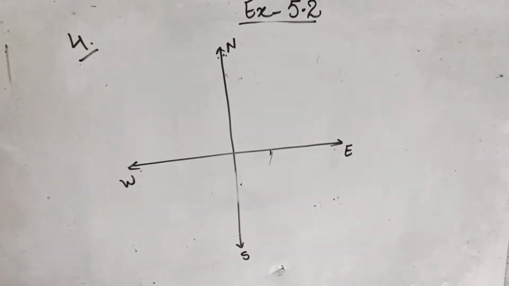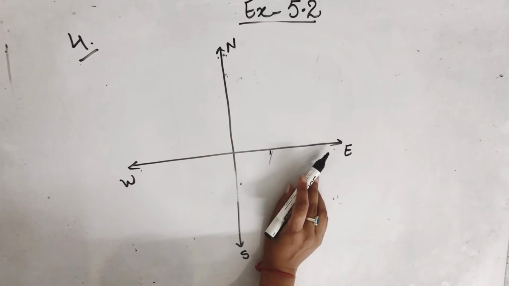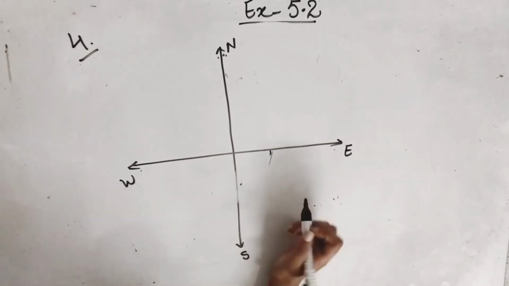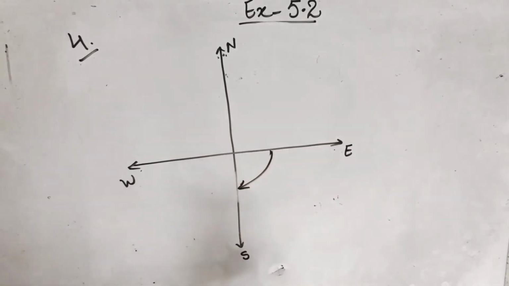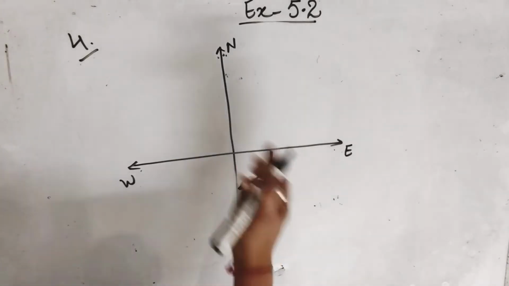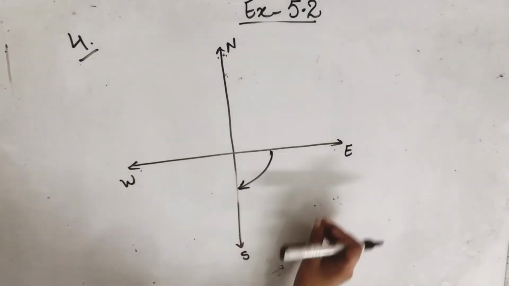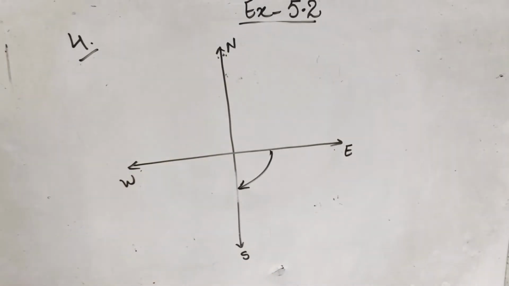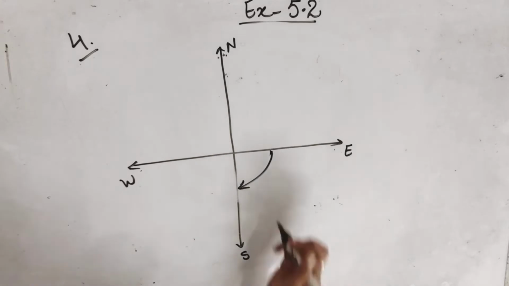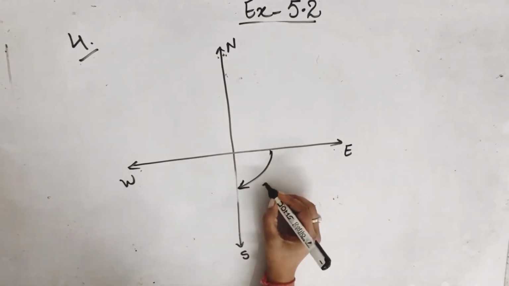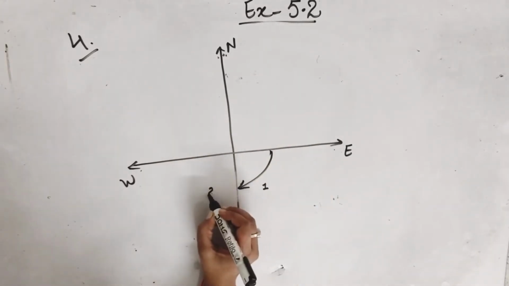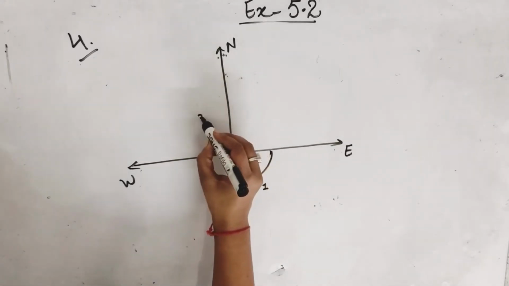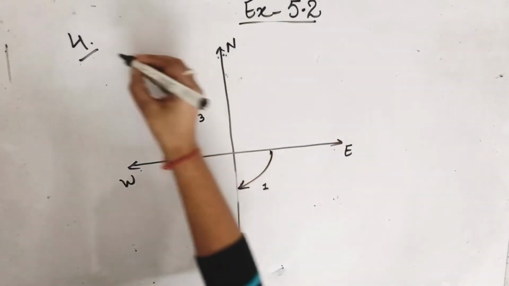Fourth question, what part of a revolution have you turned if you stand facing east? Now you have to start from east, turn clockwise, means you have to move in this direction, and then the final position is north. It means you have to move from east to north and you have to tell how much part of revolution you have covered. So from east to south, 1 part, from south to west, 2, from west to north, 3. So answer will be